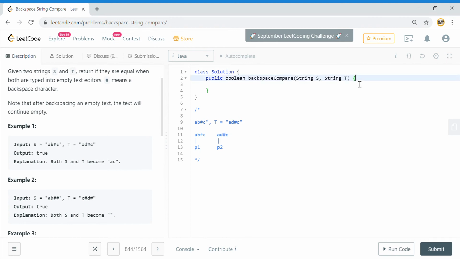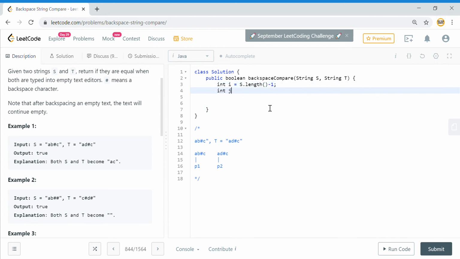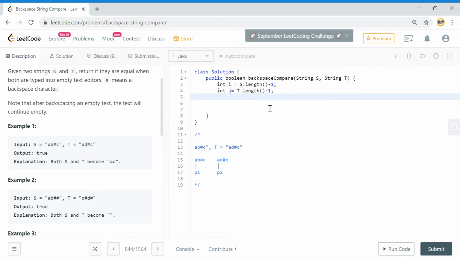So let me quickly go through the solution here. We will have two pointers, i, which will be s dot length minus 1, and j, which will be t dot length minus 1, and we will have a counter for hash.